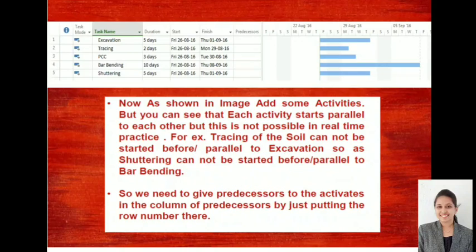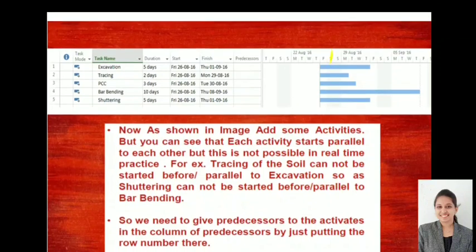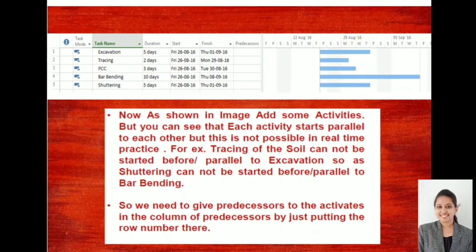For example, your tracing of soil cannot be started before or parallel to excavation. Is it possible? No, because only once my excavation is over can I continue with my next activity. But here it is showing all the activities started together.